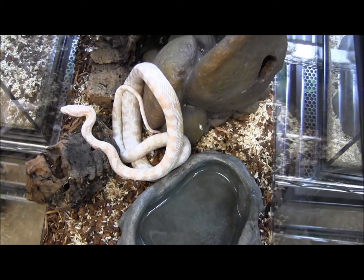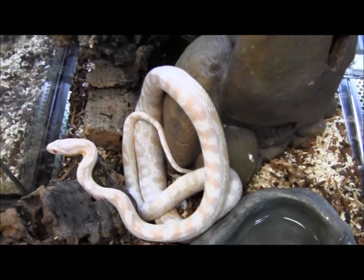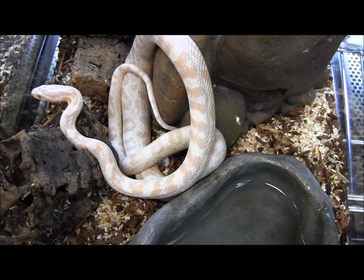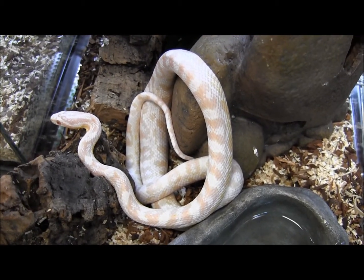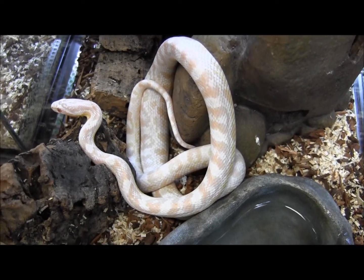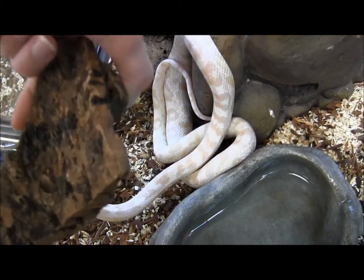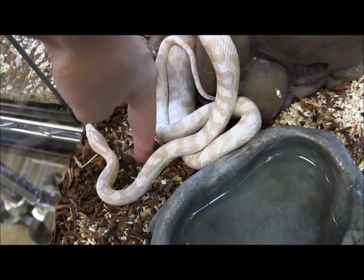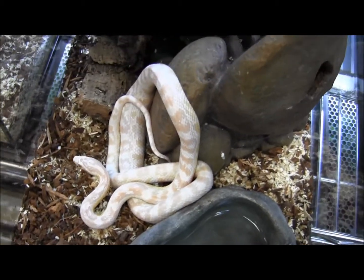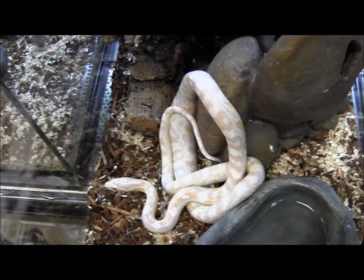What you can also do with the Fanny chips and Orchid Bark is mix the two beddings. For an animal like a corn snake, which doesn't need humidity too high or too low, the mix of the two beddings creates a nice happy medium that is perfect for this kind of North American species. If you want a more natural looking substrate, this does look more natural, depending on who you ask, than just keeping them on a plain white bedding or just bark or just Fanny chips. This kind of mixed substrate just plain looks a little bit more interesting to some people,